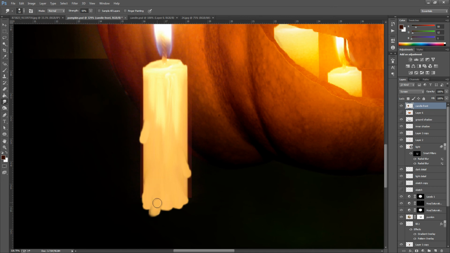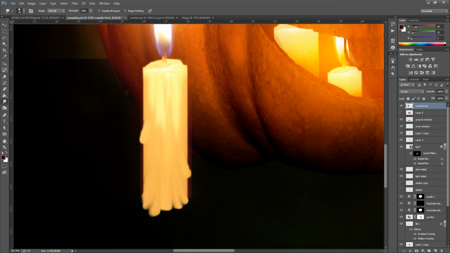So it's not too hard, you just got to go very gently with it. Like that. And we're going to go and add a few light details on the drip mark.